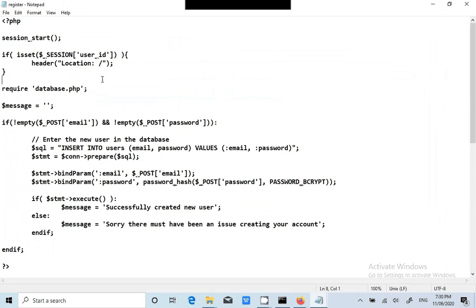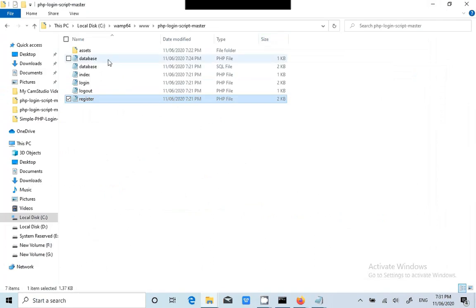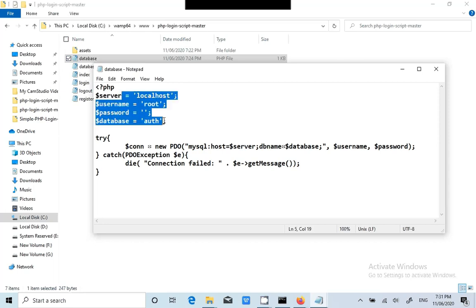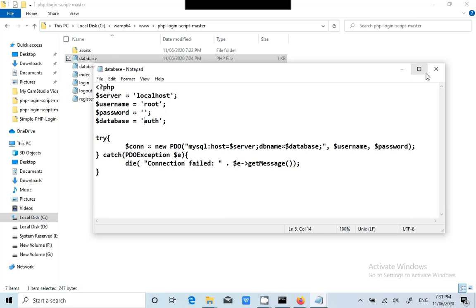After opening register.php, the first thing it shows is require database.php. In database.php, the complete piece of code is nothing but connecting to this particular database, auth. Now we'll close this and come back.